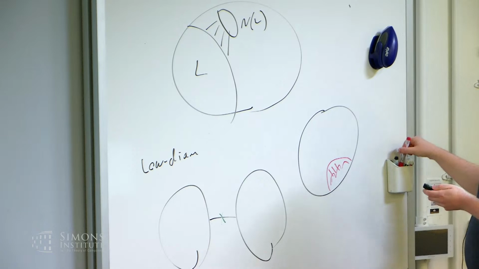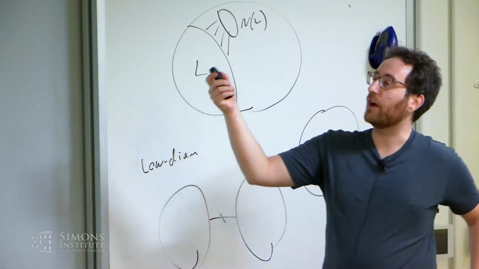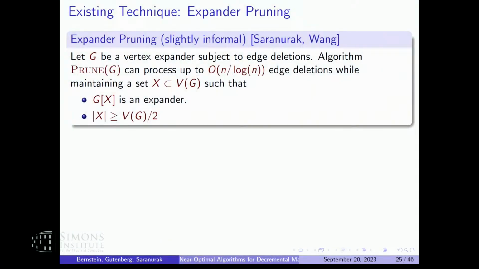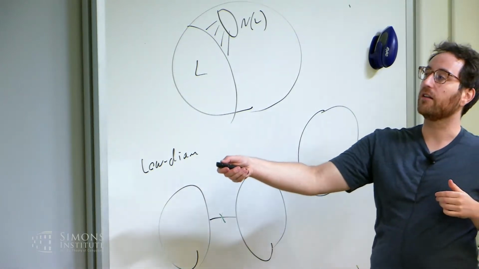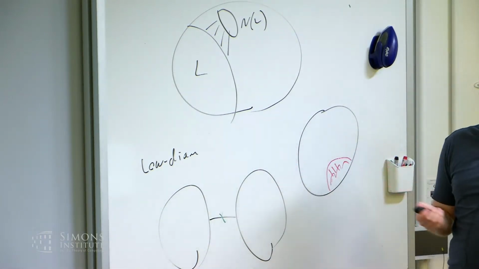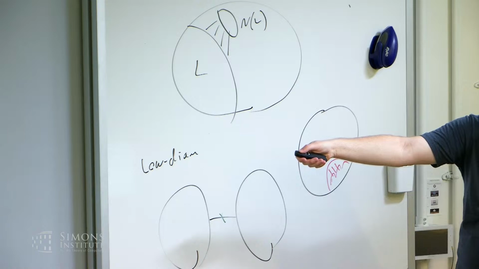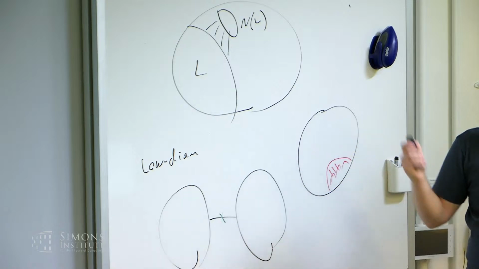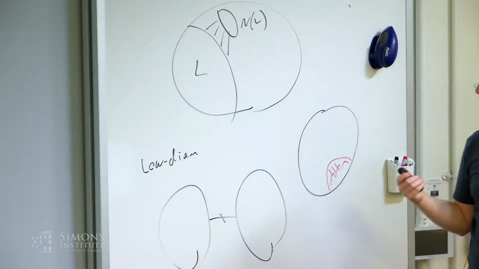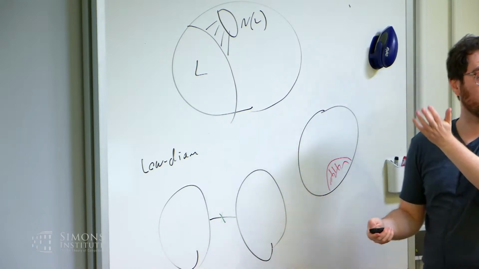So they're robust. And I'm going to formalize that with this notion of pruning, which is basically that if you have a graph that's a vertex expander and you start deleting edges, then you can always maintain a large core inside the graph that's still an expander. And you can do that for up to like n/log n edge deletions. So you can process a lot of edge deletions and still have a large expander. By the way, for those of you who work with this a lot, the reason we can only handle n edges and not m is because it's a vertex expander, not an edge expander. So this is a nice reason to use vertex expanders: if you start with a vertex expander, you keep having one for a long time, and that's going to be good for being lazy.